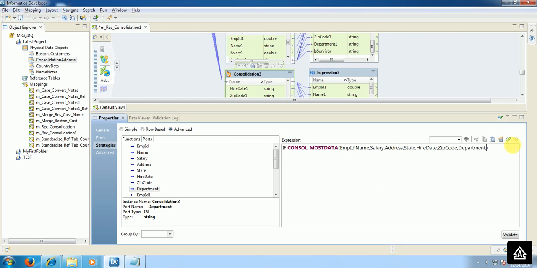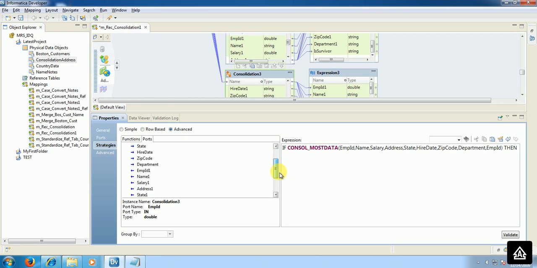And finally, the last argument is the group by port. So this will act on each record, or each row. So if your current row has the most data, which will be evaluated by the console most data built-in function, then